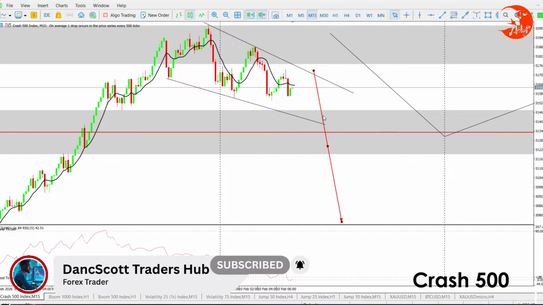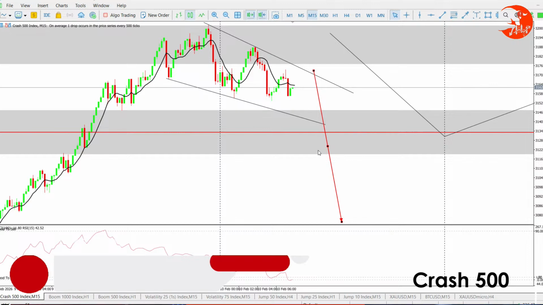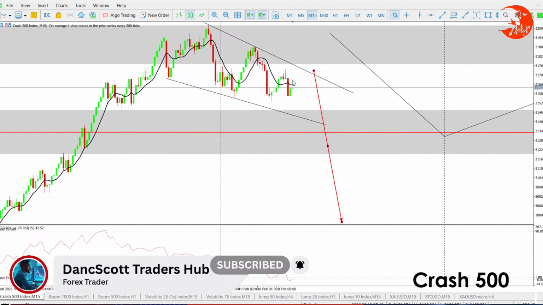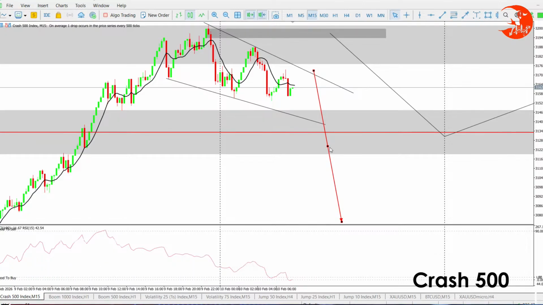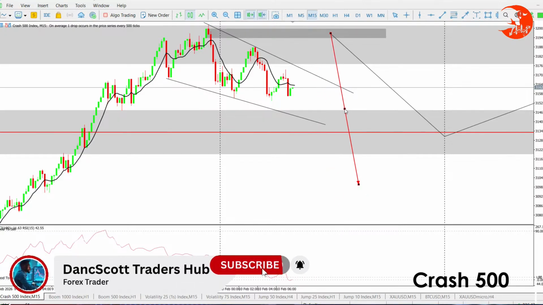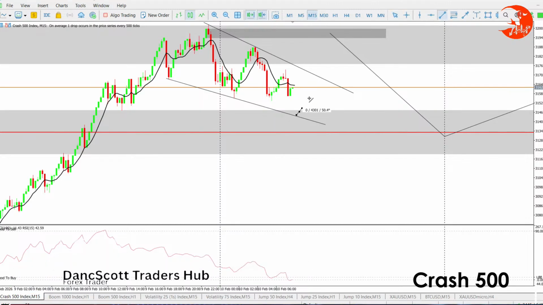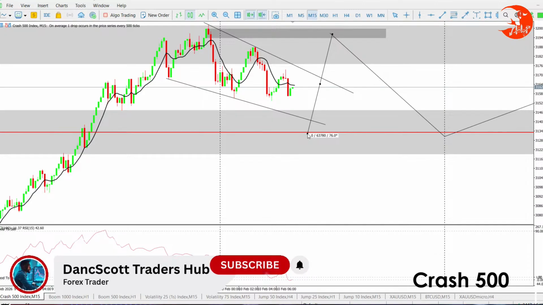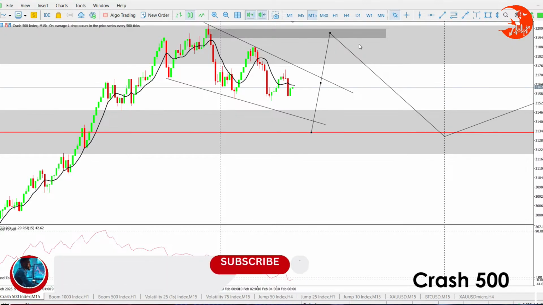It can drop from there and break this fair value gap and continue, or it can first give you this move that I'm talking about right there, that kind of a move right there, and then it drops down for the sells later. So we have to be very careful on how we trade this. Like I've said, price to reach here, price to reach here, and then go there, and then drop.